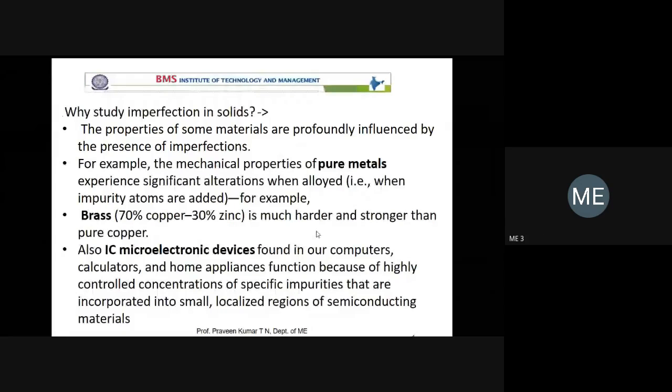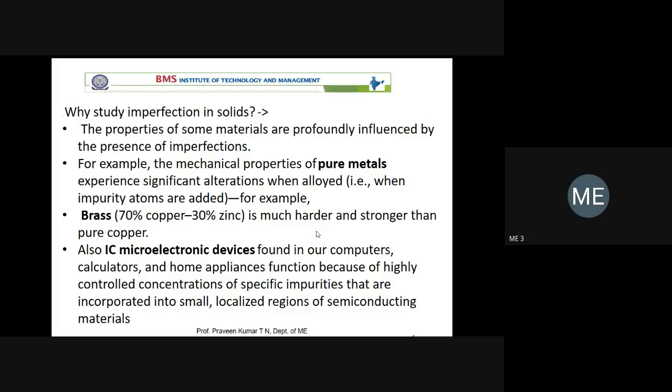Okay. So we are talking about pure metals, but in pure metals we don't get the required properties expected for a particular engineering application or any application. For that, you have to add alloying element. So we are talking about imperfection. Imperfection is related to the microscopic level, not a defect at the macroscopic level. When you add alloying element, it will become impure. It's very simple: you have pure metal, you add alloying element, and it becomes impure. Instead of saying impure, you say there is an imperfection at the crystallographic level.